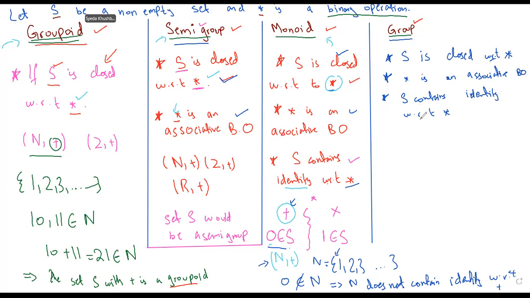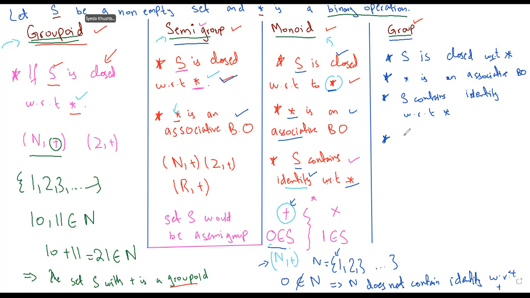Monoid. Very good. But you can also call it a monoid because a monoid has a set S that is closed with respect to a binary operation. This binary operation is associative and the set S contains identity. At the same time, it can also be called a semigroup because for a semigroup, we have two properties: S is closed and star is associative. It can also be called a groupoid because S is closed with respect to star. But the last property that is going to differentiate a group from all the other sets is